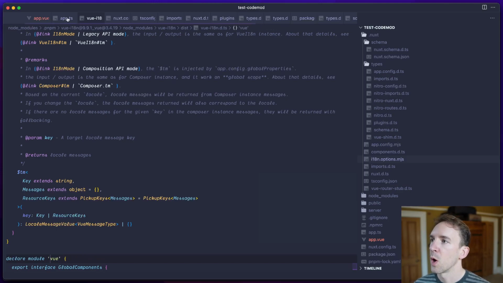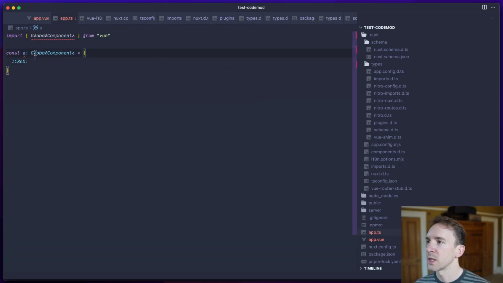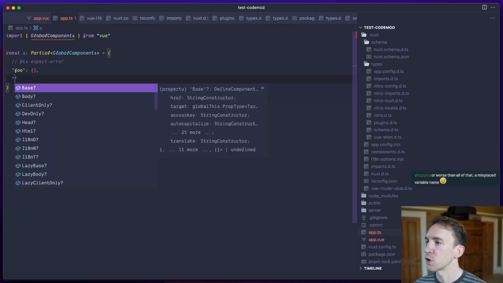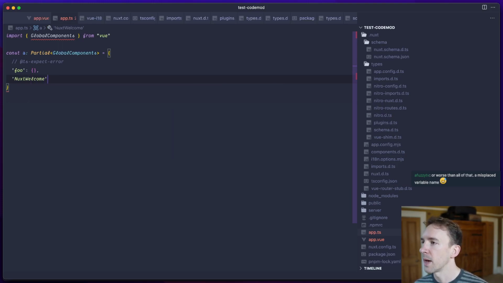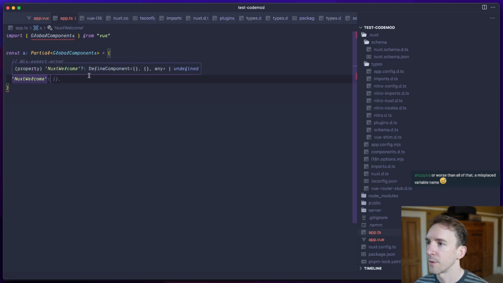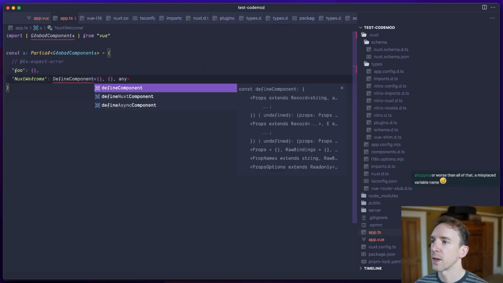Okay, we're opening up our thing again, and this is going to be a partial of global components, and basically this should mean I'm not allowed to pass random foo to it. Okay, so this should be an error, and I should expect that there is a Nuxt welcome component. That's good, but that Nuxt welcome component should not just have the type of defined component any, it should actually have props that are typed. So I should be able to say. So this should give me